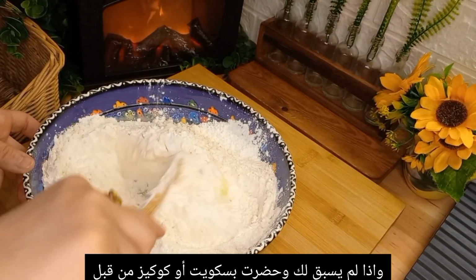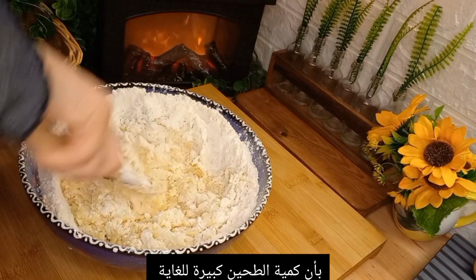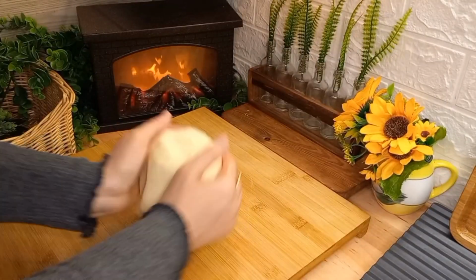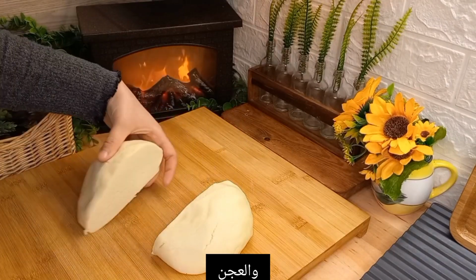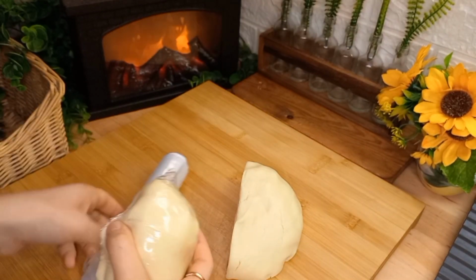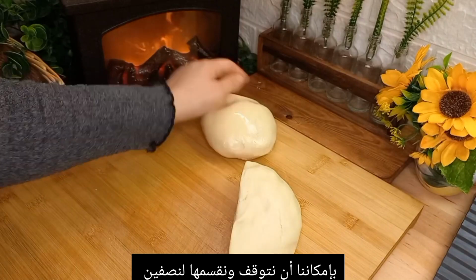And if you've never made cookies before, as you start mixing these, you're gonna be thinking there's way too much flour and that this dough is much too dry. But trust me, it's not. Just keep mixing and folding and poking and smashing and smearing, and eventually it will come together. And that's it. As soon as that flour disappears and everything seems evenly mixed, we can stop and divide it